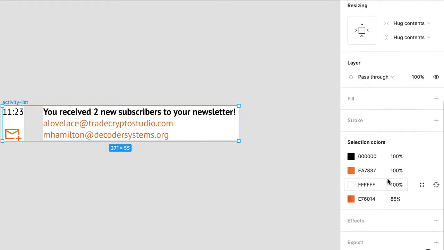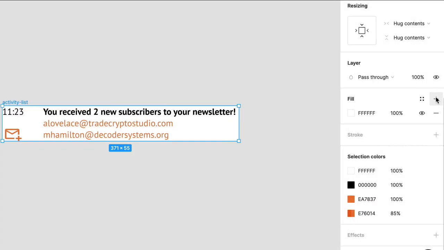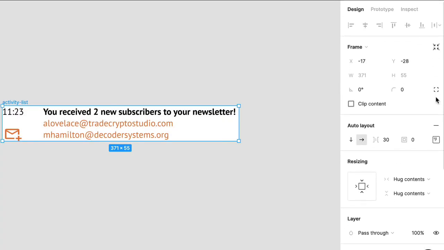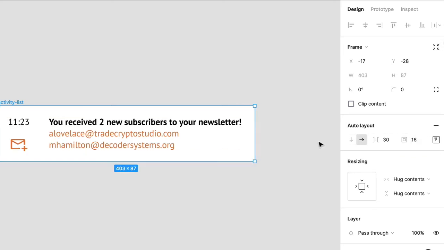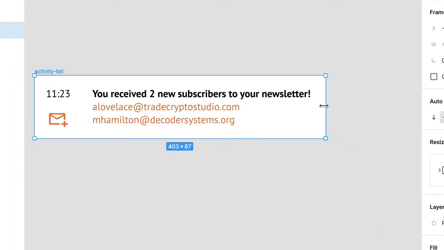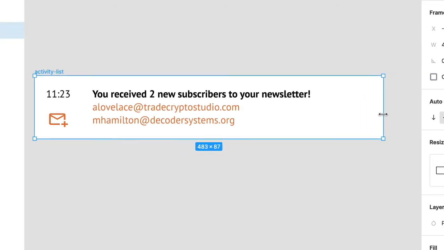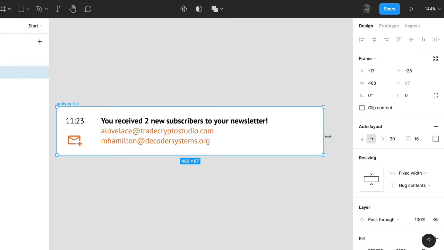Next, click on the plus sign in the fill section to give this frame a white background for a unified look. Then click on the padding control and type 16 to add equal amounts of space between the content and the frame. So this is actually looking pretty good, but try clicking and dragging the width of this frame to somewhere around 500 pixels. Now the fact that this text block doesn't move as the frame width changes could be a problem if your design calls for a more responsive layout. So let's take care of that.